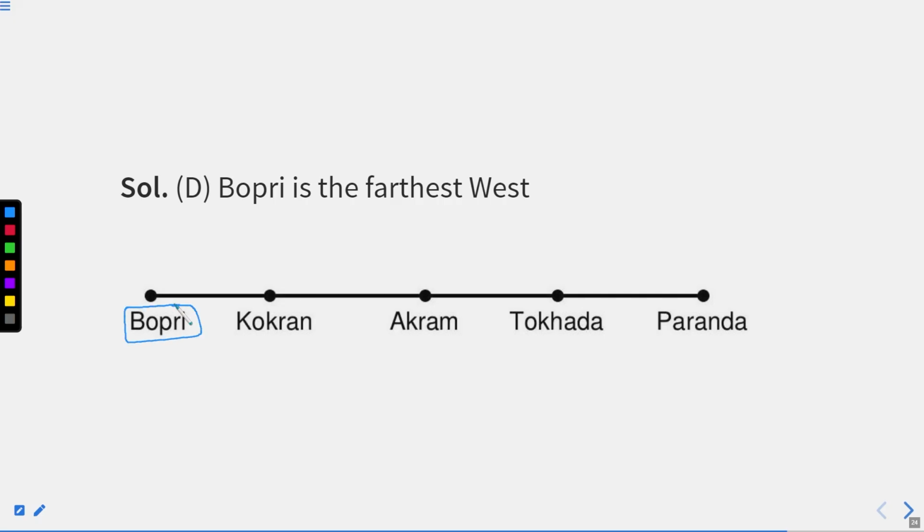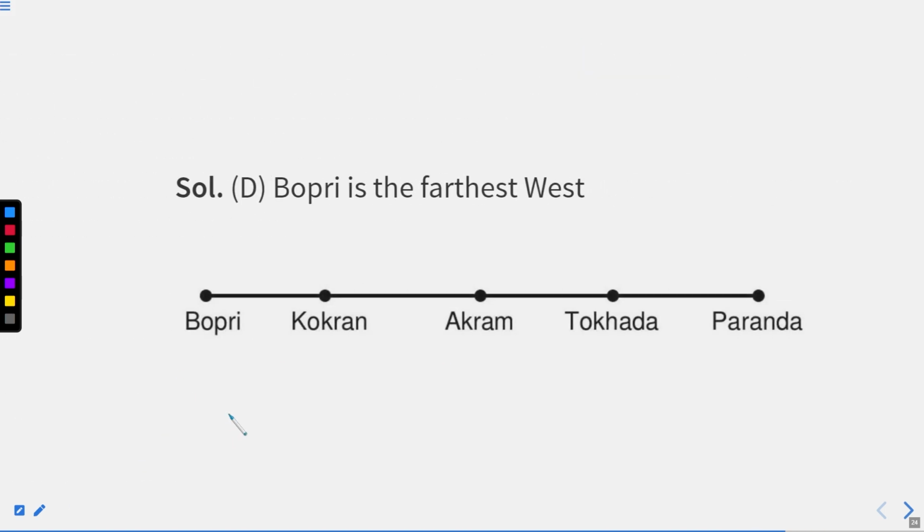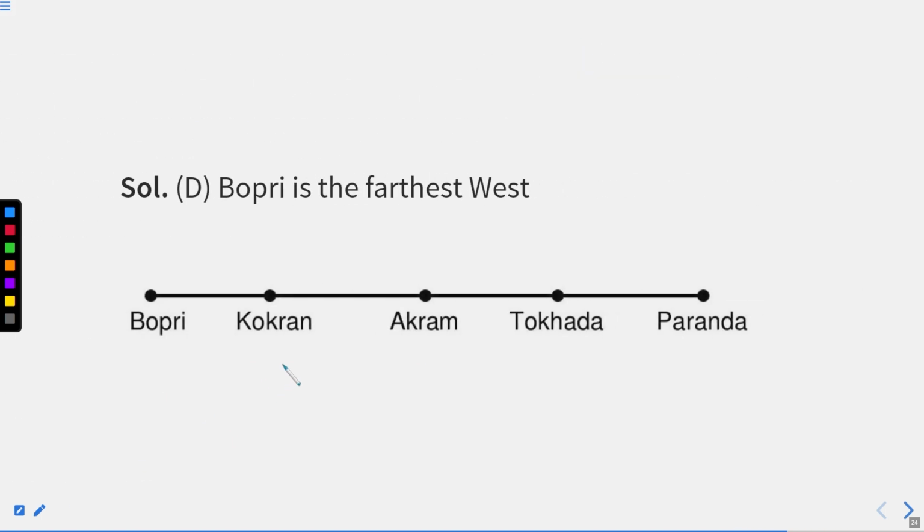I hope you got this question as well. That is option number D. You can see here as well, right? So we have already completed this question. This is the first time that we are dealing with a question where we deal with 2 directions,